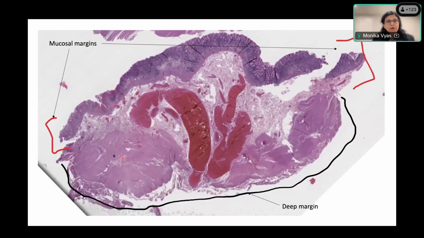So one thing about these specimens is you have your mucosal margins, which are the lateral edges of the mucosa, and then you have the deep margin where the specimen has been resected from the deeper bowel structures. Presence of cautery is something that is very helpful in these specimens, and because these specimens are small, the ink tends to flow and may not be that reliable. Presence of cauterized changes is something you can look out for and report on.